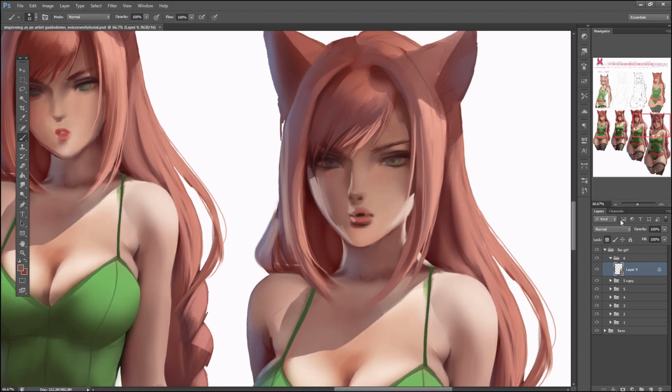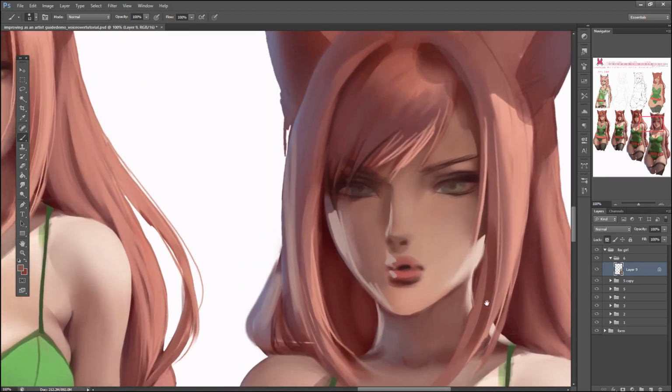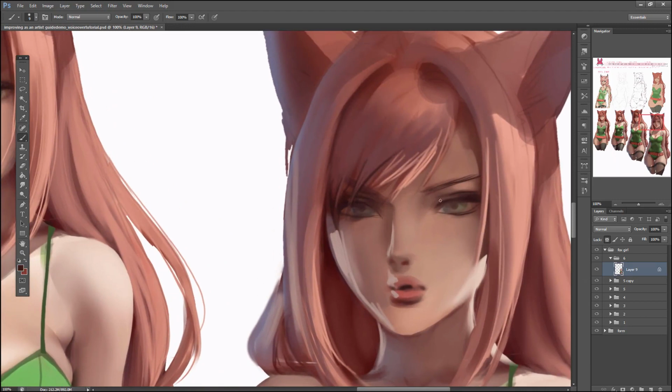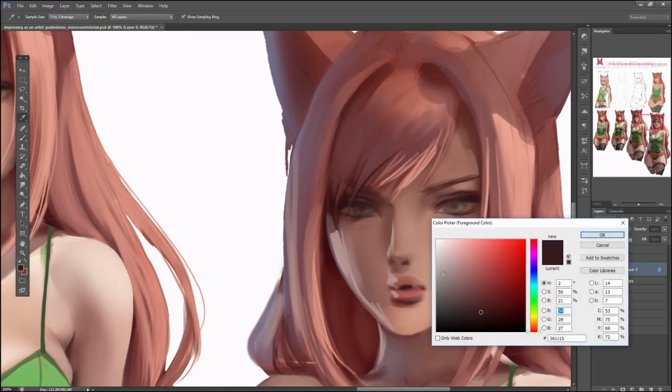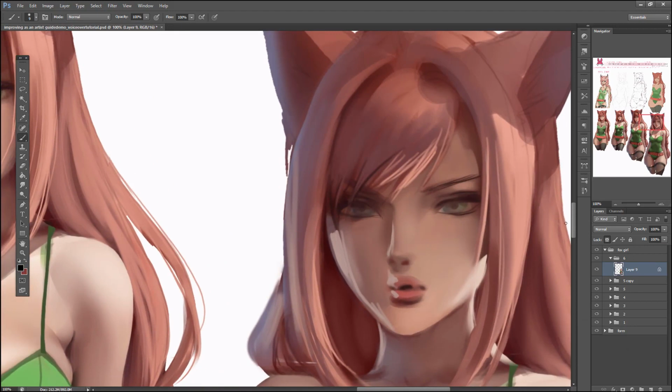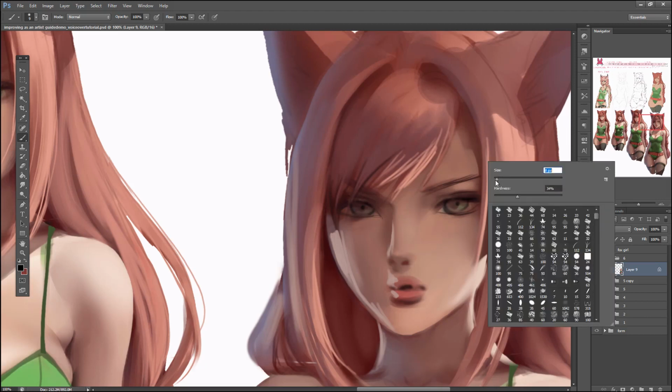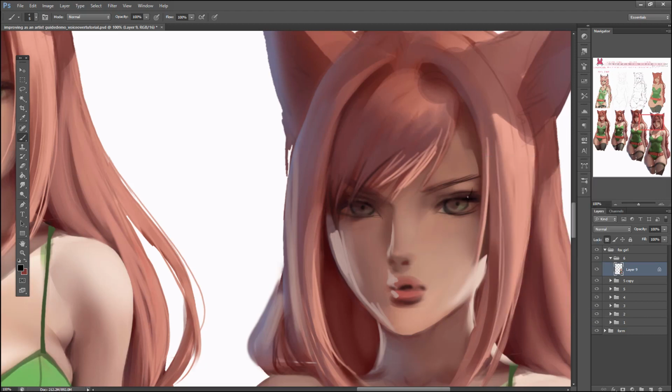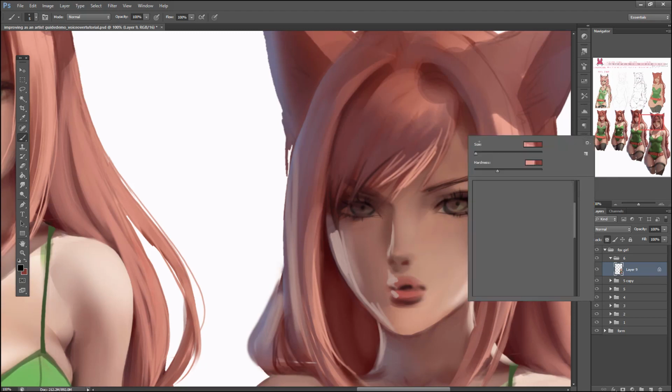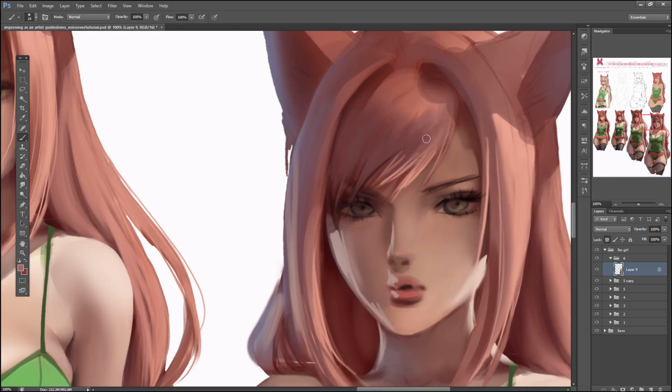Okay, so let's keep going. Work on the face. The face is one of the toughest things to work on, so I think I keep saying it, but I always try to leave it till the last possible moment to work on it. That way I can work on the general feel of the whole character without worrying too much about the face, and then I can worry about it after I finish the whole character's body. That way I don't have to be wasting too much time before working on most of the character. Anyways,